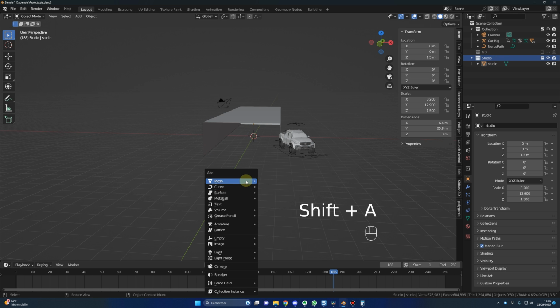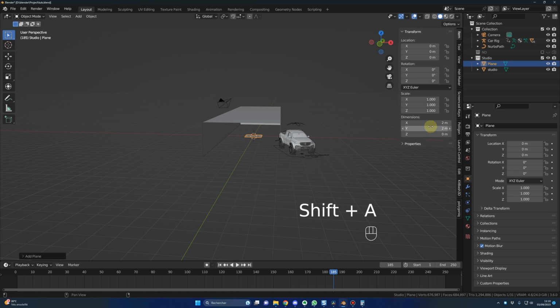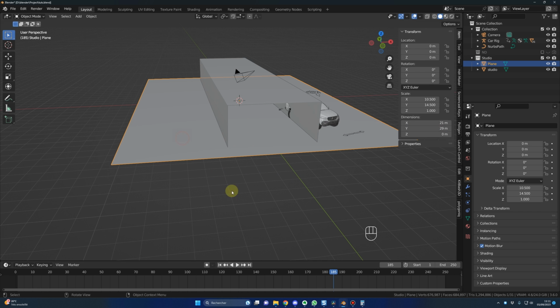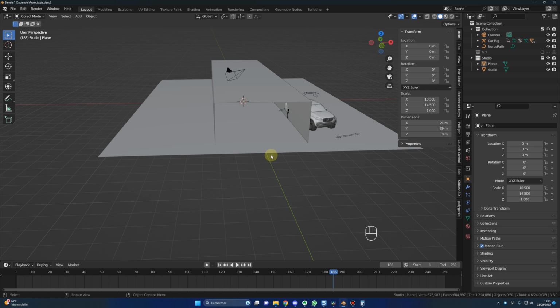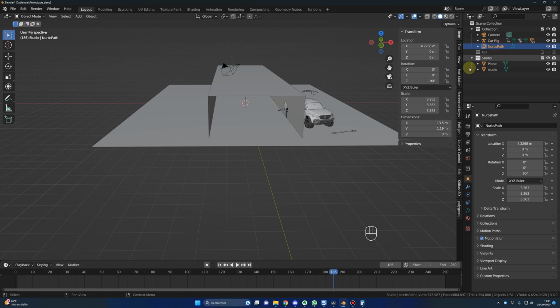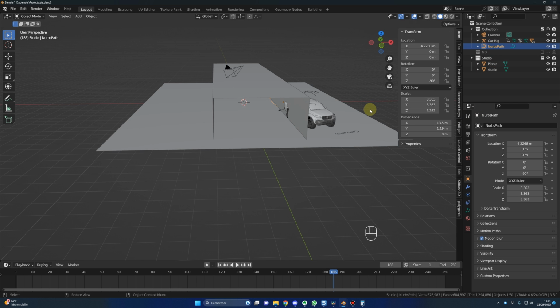Now we can add a ground. So Shift A, mesh, plane. And for the size, I went for 21 meters and 29 for Y. It doesn't have to be that large, but when I started this project, I wasn't sure about the final animation. So normally, if you move your path inside, it should fit. So G and Shift Z. Yes,